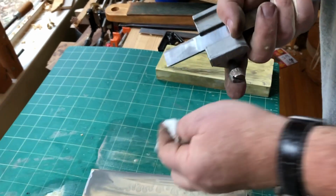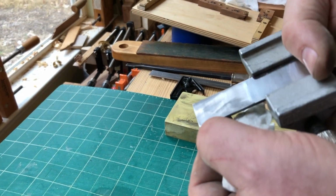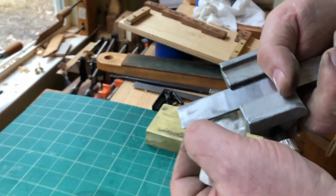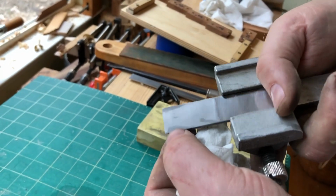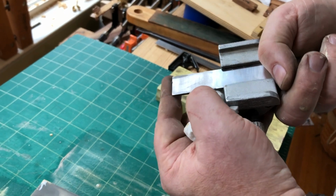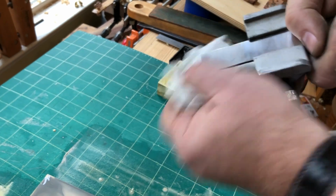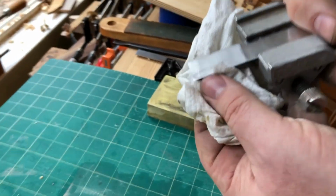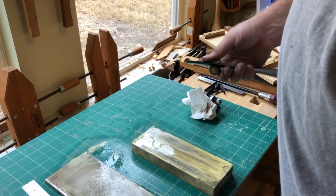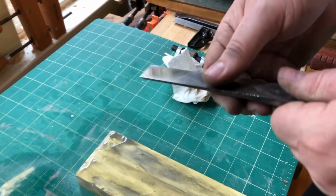Okay, so there's this one little corner right there that might give us a problem. At this point, I could grind past that point on the grinder, but we'll see how it hones. I mean, it's definitely a turned corner on that. Yeah, I had to take it back to the grinder and then back to my 1,000 and now my 8,000